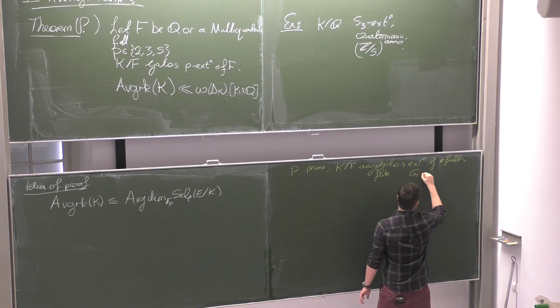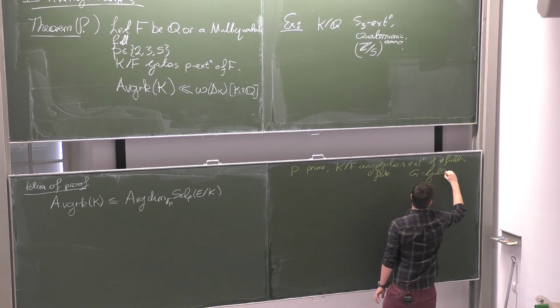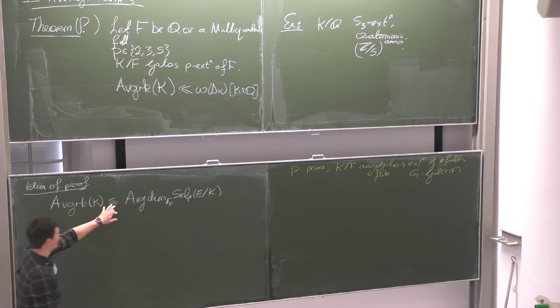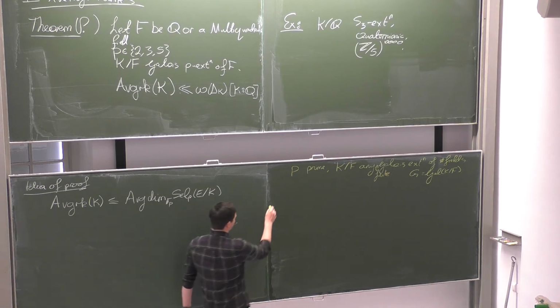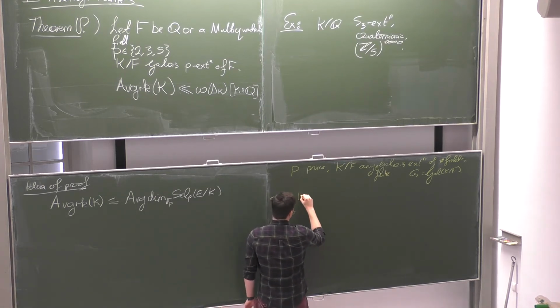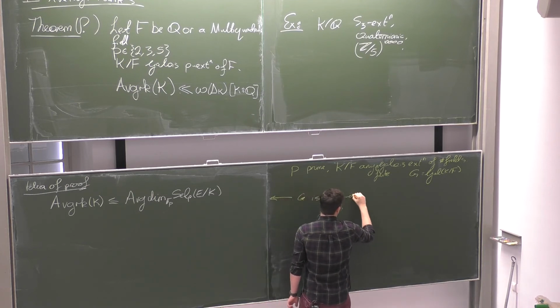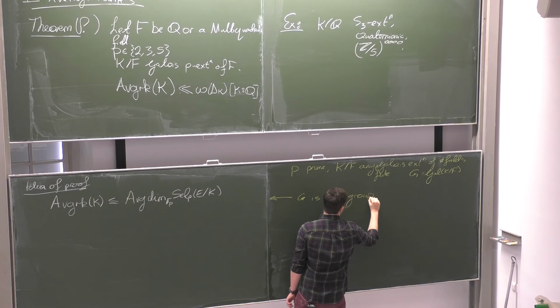And of course, G will be the Galois group. And so far in this generality, of course, this bound holds. Now, the first restriction we're going to make: if G is a P group, so we have a Galois P extension,